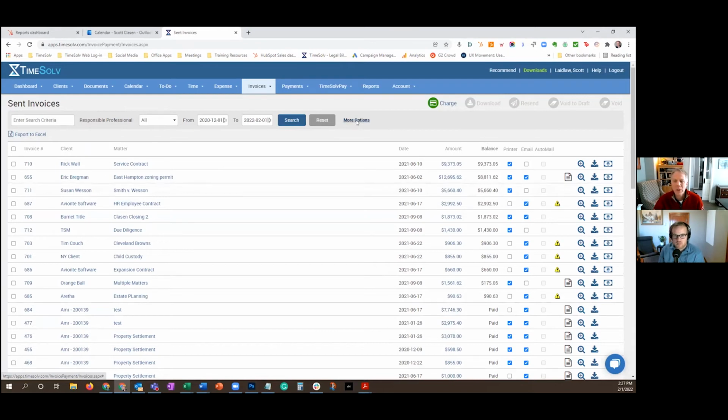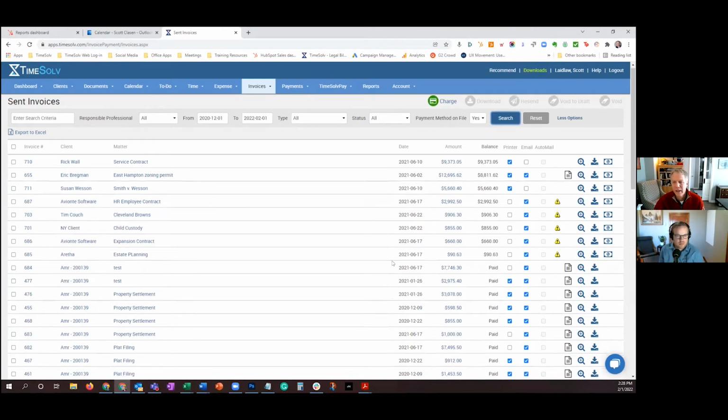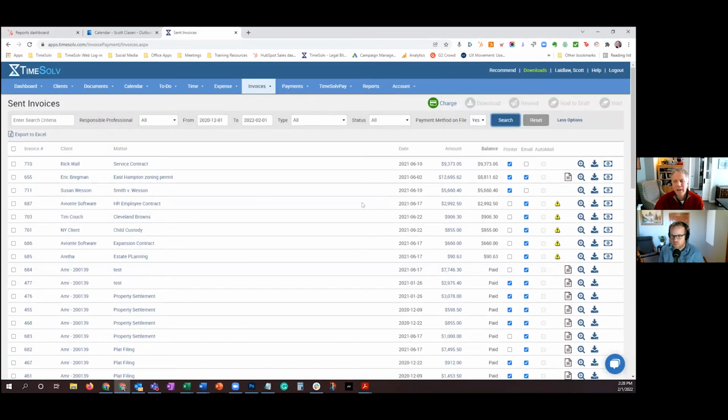I can also sort and say, show me the invoices in which I have a payment method on file. So yes, I have a payment method for these clients on file. And you can see a whole bunch are paid. In TimeSolv now, you can select as many invoices as you want. You could select several hundred, hit charge, and it's going to run payment on all of those invoices at the same time. So you can literally get paid for tens of thousands of dollars of invoices with one click,